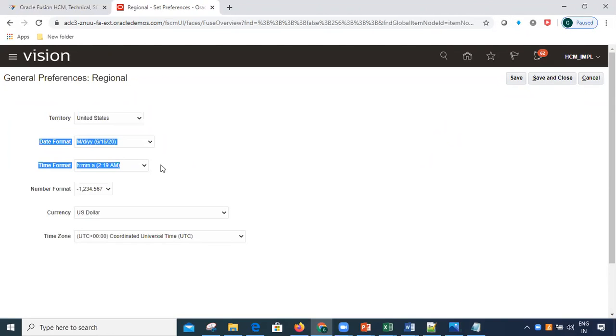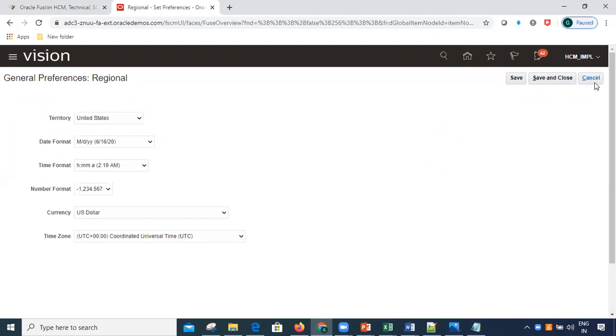So if you change the date format here to month followed by date and year, but in the BI tool you developed a report with the format as year, month and date, there will be a conflict between these two. The system won't understand which format it should pick up. So whatever you are using there, kindly use a similar format for date and time here in the preferences.